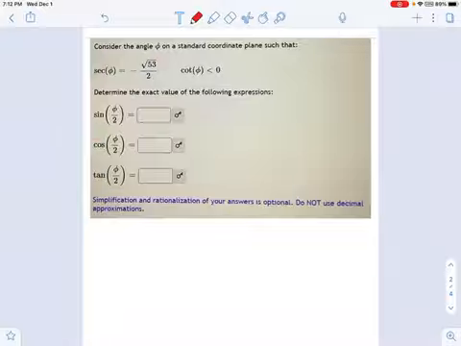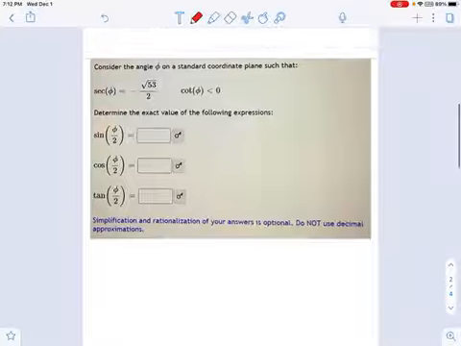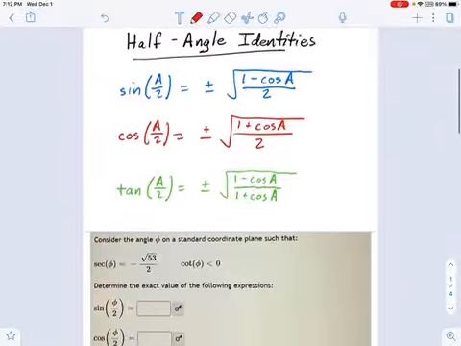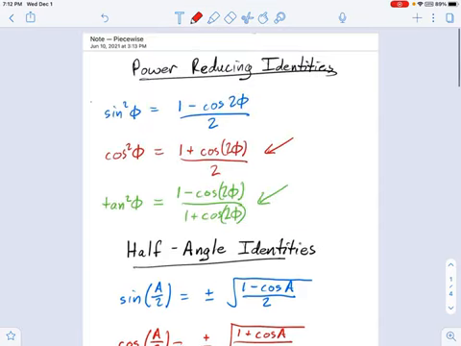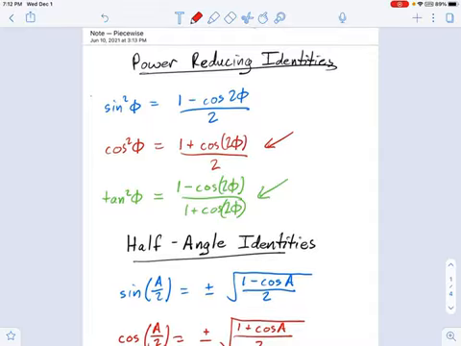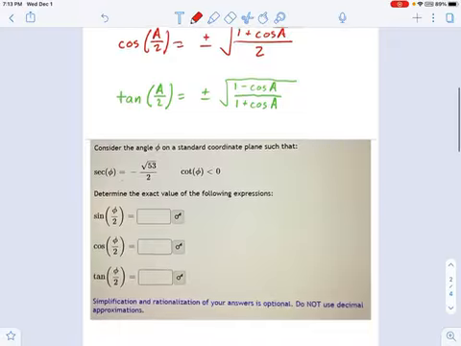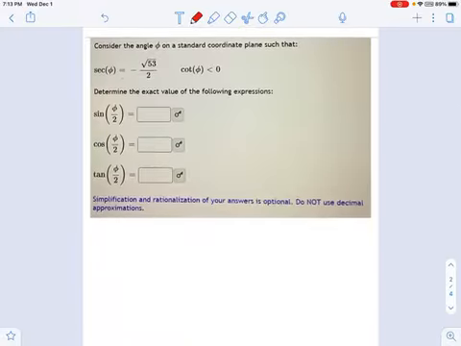And it's pretty obvious we need the half-angle identities to help us through this one. And I have them written right here, just in case you haven't memorized them yet, although you should. And if you can't memorize the half-angle identities, you can rederive them from the power-reducing identities, which you've memorized, of course. And if you haven't memorized these, you go back to the double-angle identities, and you use the double-angle identities to get the power-reducing identities. And if you haven't memorized those, you get them from the summation identities. And if you haven't memorized that, you are in trouble, dear student, because you're going to be taking a test on this stuff, so memorize some identities.